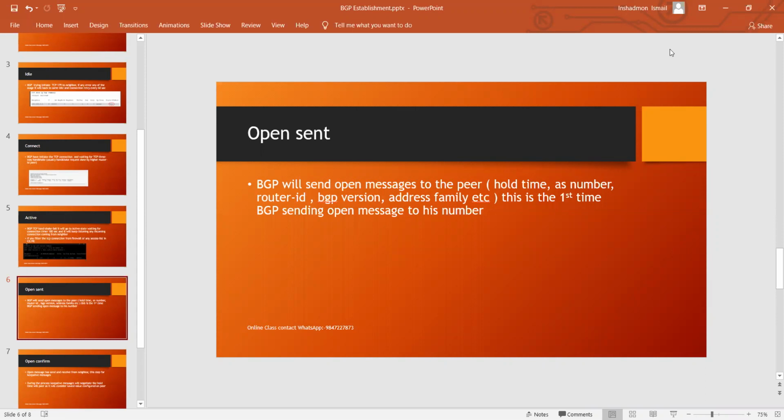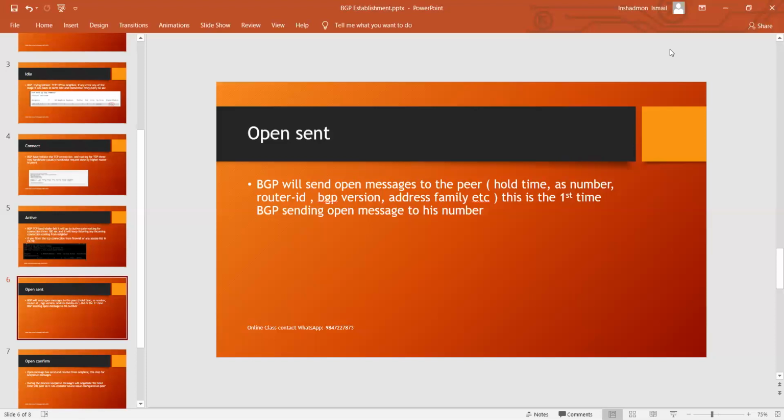In this phase, BGP will decide whether the peer relationship is iBGP or eBGP, because they will check the AS. If you are using the same AS, it will be iBGP, and if you are using a different AS, it will be eBGP. Beyond this, they will send details like your router ID, address family IPv4 unicast, BGP table version, neighbor capabilities, route refresh, a lot of information they are exchanging. So this is the OpenSent state.